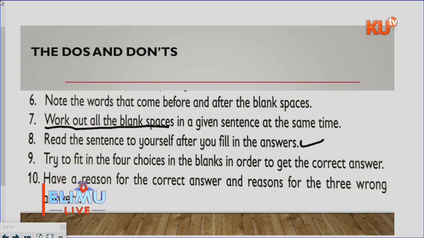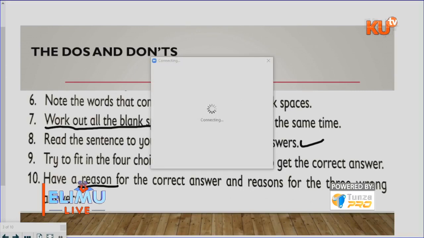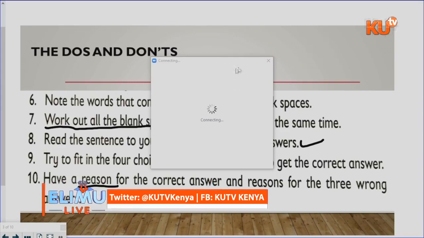Have a reason for the correct answer and reasons for the 3 wrong answers. Very key. If you go choosing any answer or choice that you have been given without a reason, then you will get it wrong. You must have a reason for the answer that you are giving, and you must also have a reason for the 3 wrong answers. All right. So next